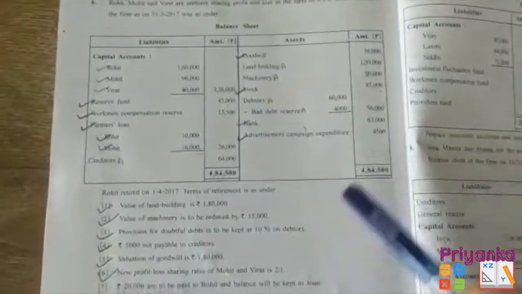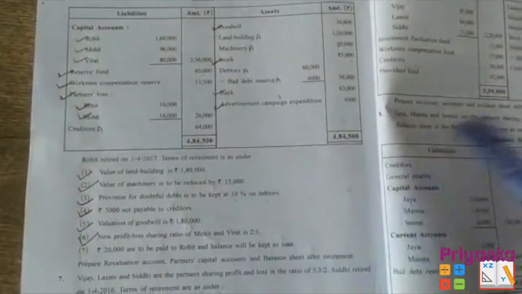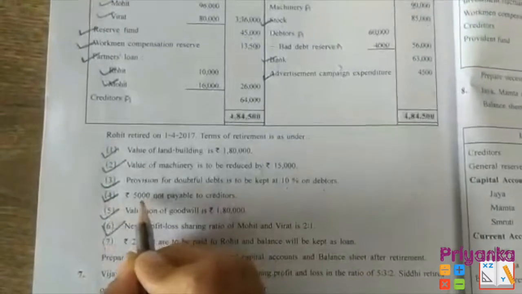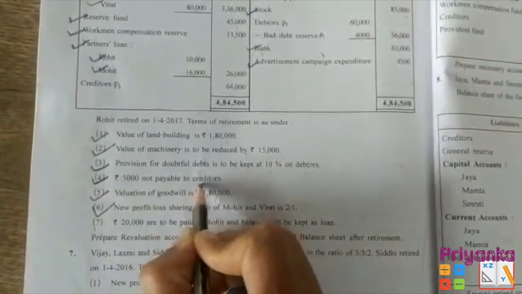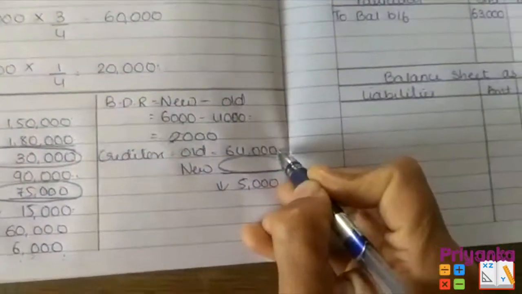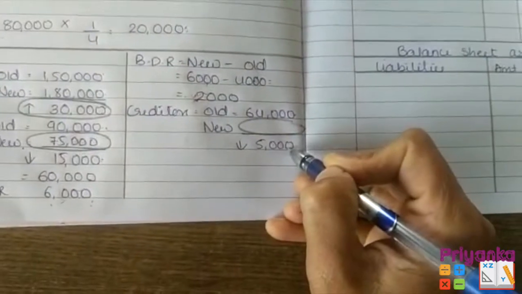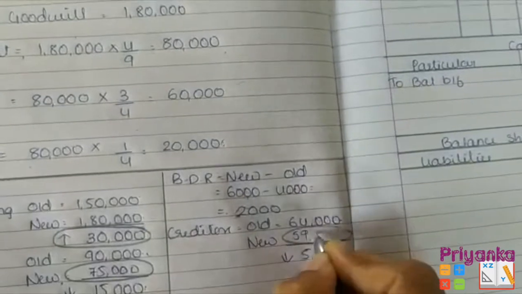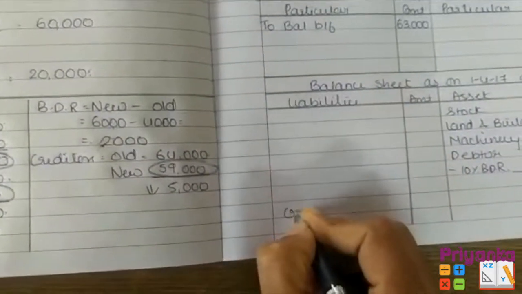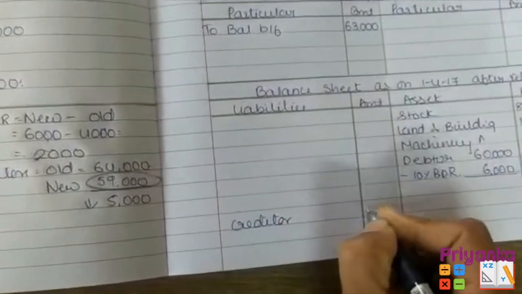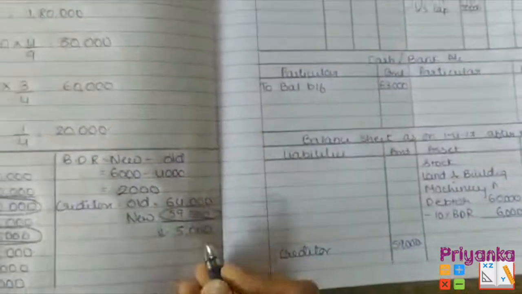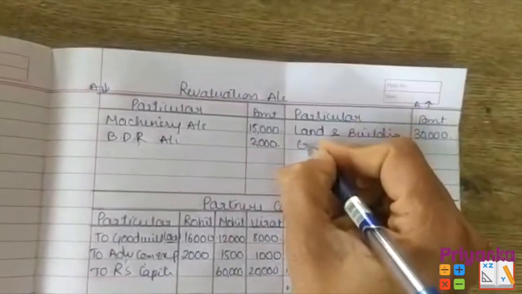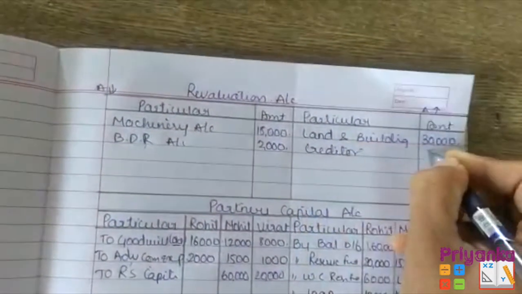Most probably all the adjustment is done. I think one is left, that is this one, creditor. 5,000 not payable to creditor. पहली वैल्यू है 64,000. Here I have shown. पहली वैल्यू 64,000 है और बता रहे हैं कि reduced by 5,000. तो नई वैल्यू कितनी हो जाएगी? 64 minus 5, it would be 59,000. So here I am going to write creditor in the new balance sheet 59,000, and as the creditor have been reduced, we have to show it over here that creditor is reduced by 5,000. So here we end up with